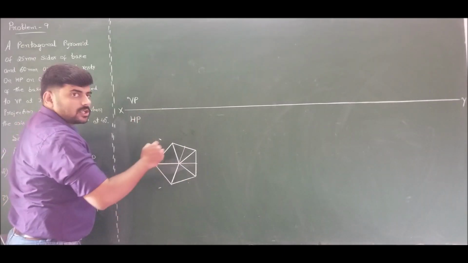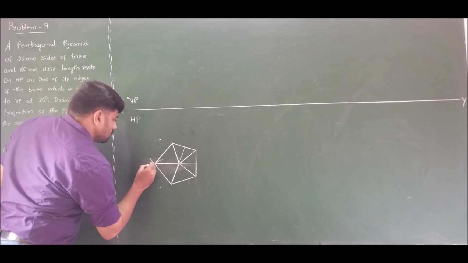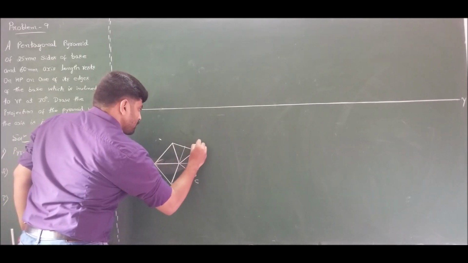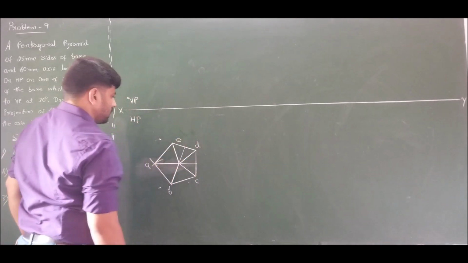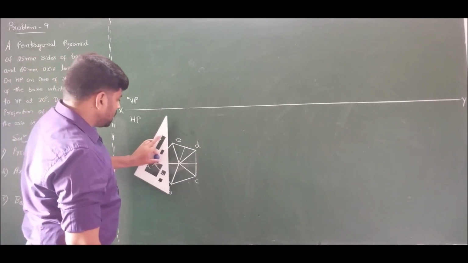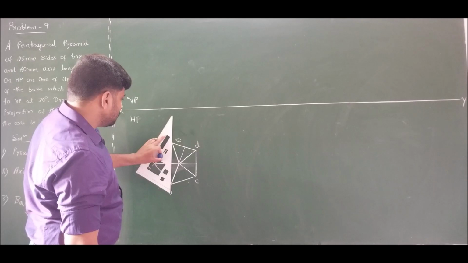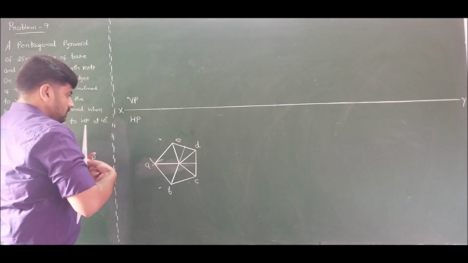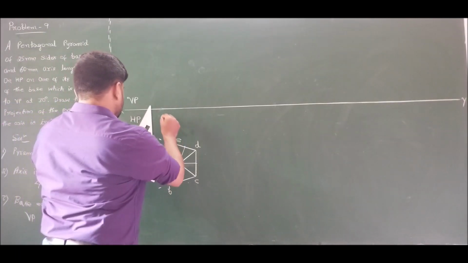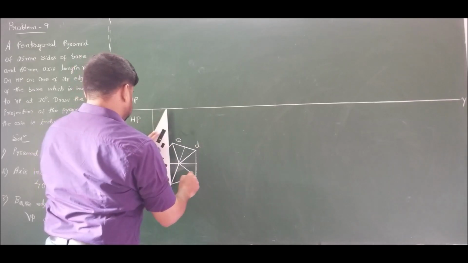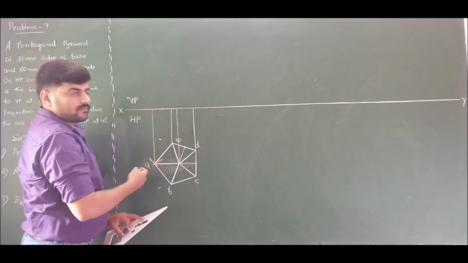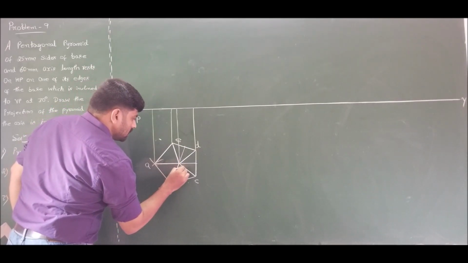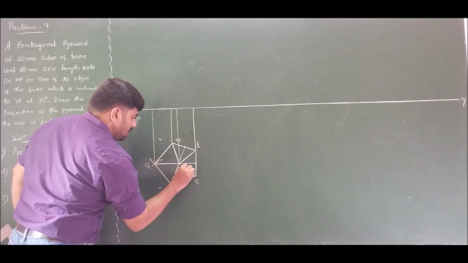This is the required top view of the pentagonal pyramid with corners A, B, C, D and E. For the exact position, this B and E should lie on the same straight line. Now take the projection vertically upwards. Now mark the axis first. In the top view, the axis O is visible, O1 base is invisible.